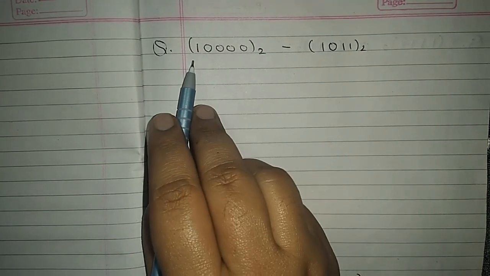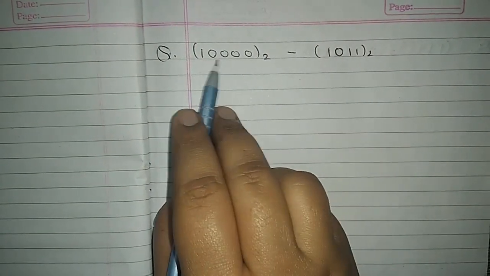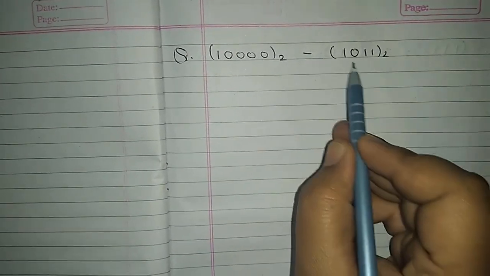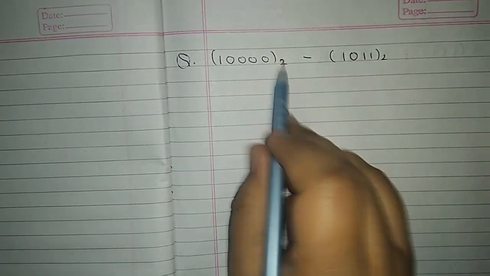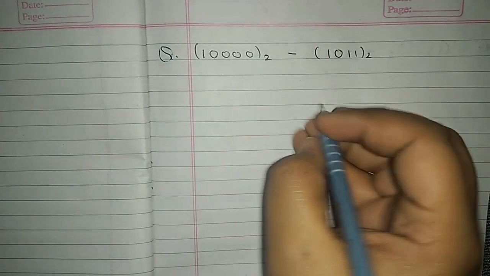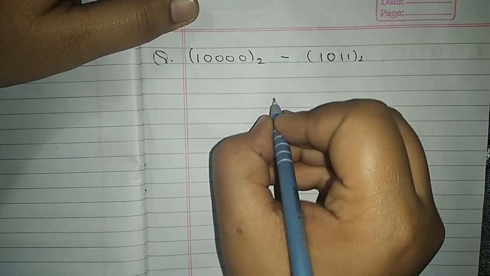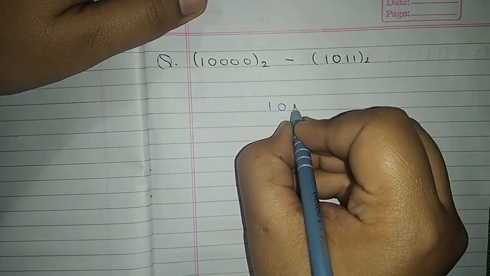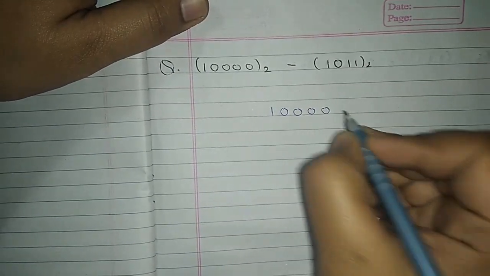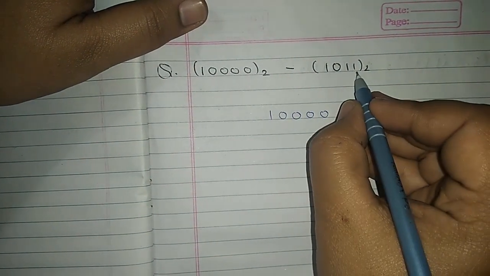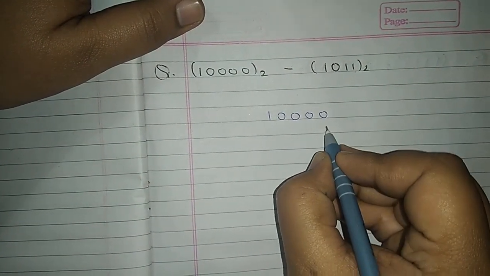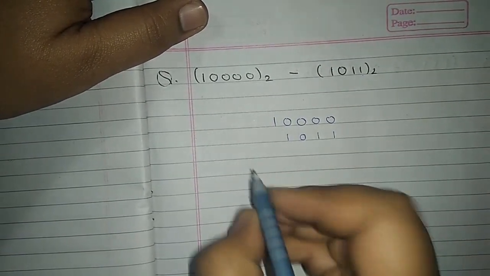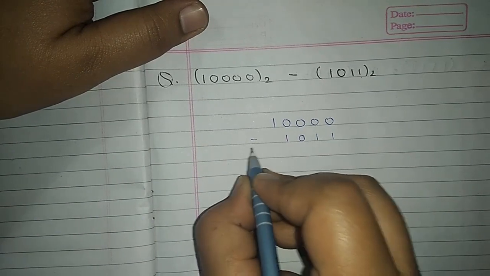The first question that we have to discuss today is 1,4 times 0 to the base of 2, and we have to subtract 1011 from this number. Now let's see how to solve this one. First we have to note down the first number. After writing our first number, we have to note down our second number from the right side. It means we will write it like this: 1, 1, 0, 1. And then over here we have to place this minus sign.